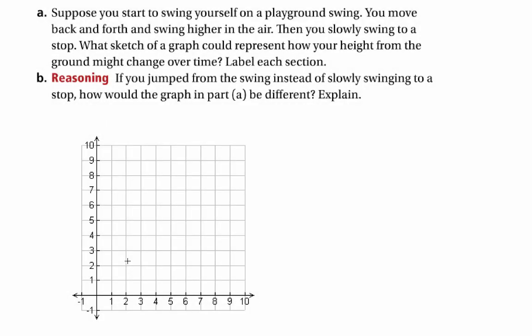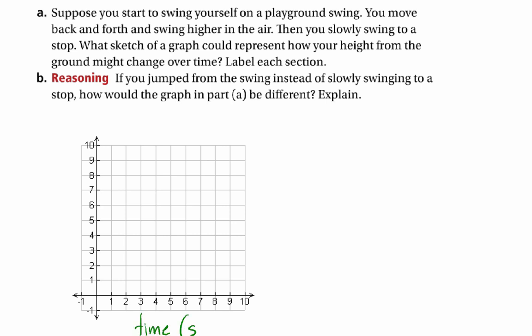Suppose you start to swing yourself on a playground swing. You move back and forth and swing higher in the air. Then you slowly swing to a stop. What sketch of a graph could represent how your height from the ground might change over time? Label each section. So here we have our time,